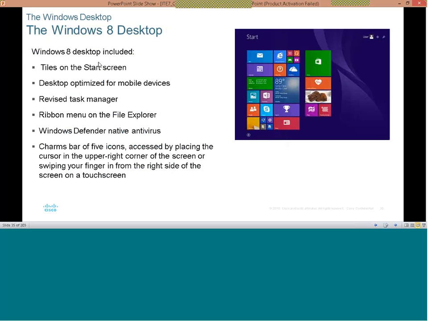Then for Windows 8, the desktop looks this way. Tiles on the start screen, and a desktop optimized for mobile devices. Revised Task Manager, and a ribbon menu on the File Explorer. That's what you get in the File Explorer, and then Windows Defender native antivirus, which comes by default with Windows 8. I think this is common with Windows 8, 8.1, and maybe Windows 10. You have the default Windows Defender. So I think this is Microsoft's own default